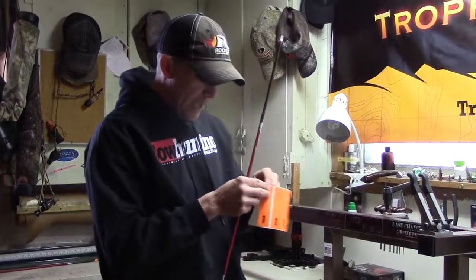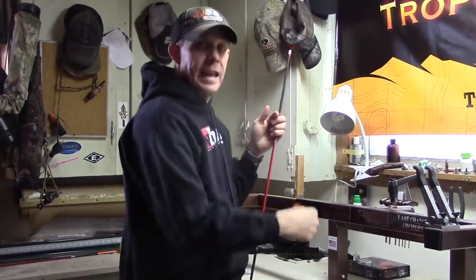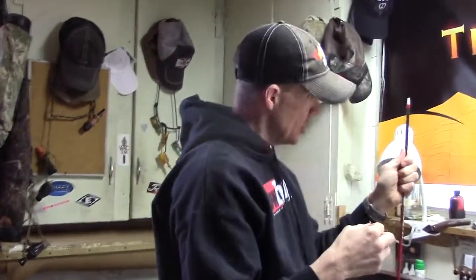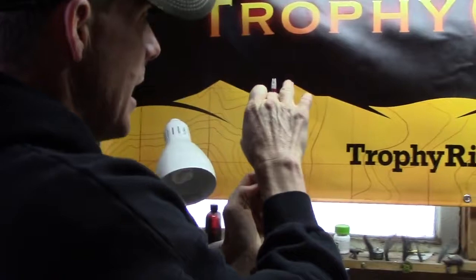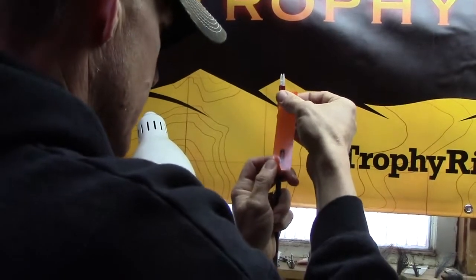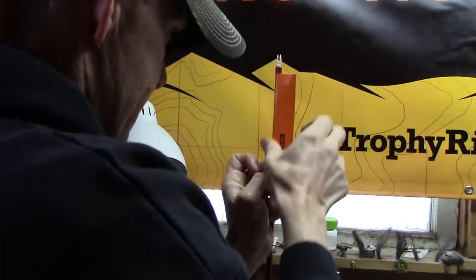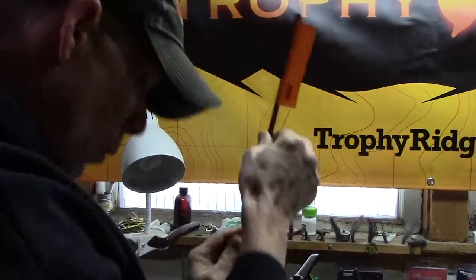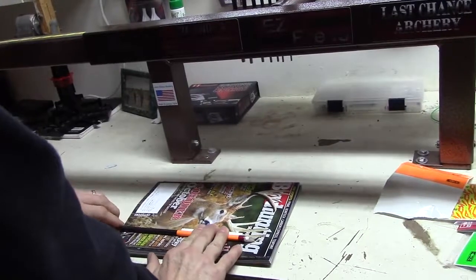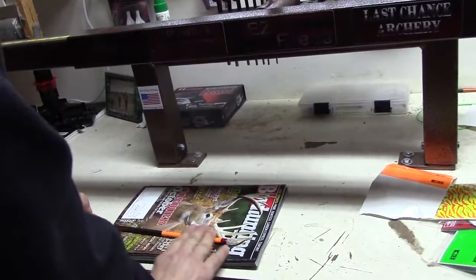When applying the wrap, I'm going to get it peeled off here, and there's several ways you can do this. One, you can lay it flat and then roll the shaft onto the wrap itself, but I prefer to stand the shaft up straight, especially with these Carbon Express arrows and that knock collar that sticks out a little bit. I stand it up straight, get it pressed down right up against the shaft, come down, get a good solid contact, and then I lay it down on my magazine, and now I want to roll and pull, roll and pull, roll and pull, and roll and pull until it's all the way across,